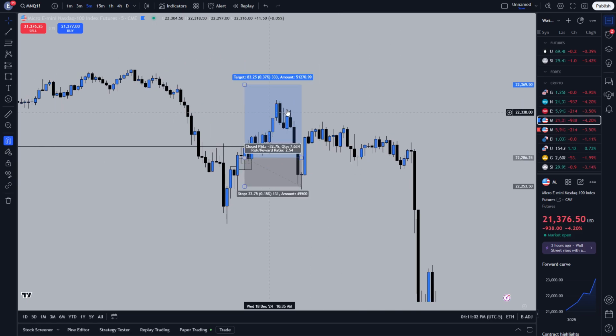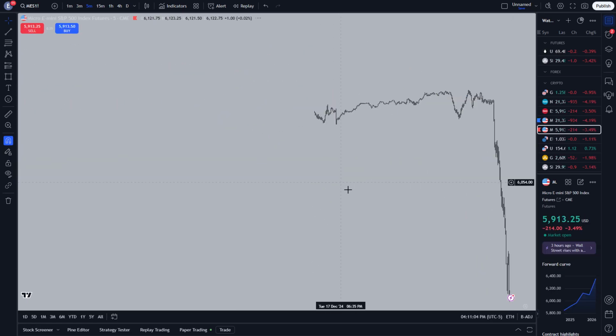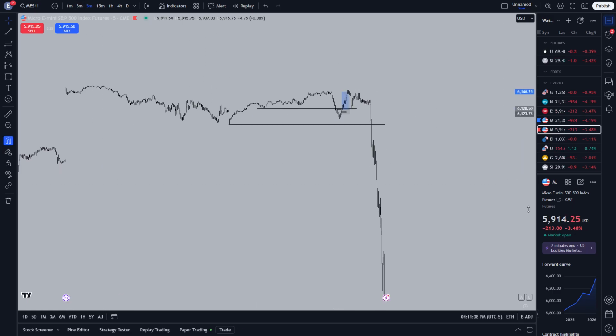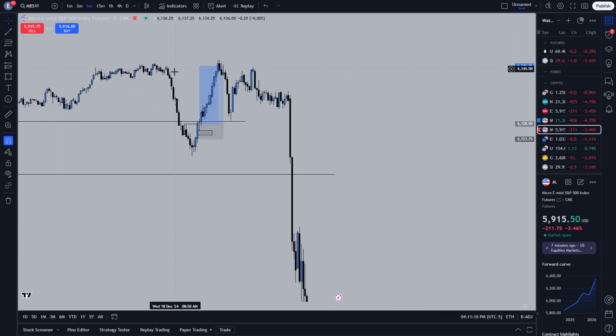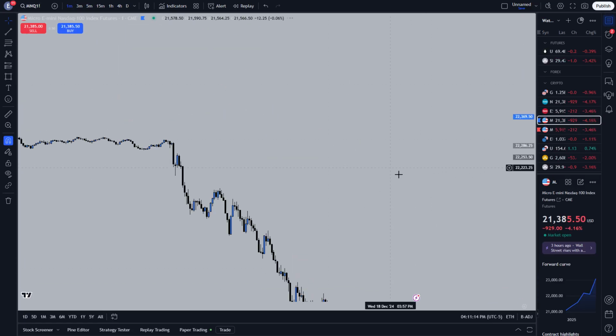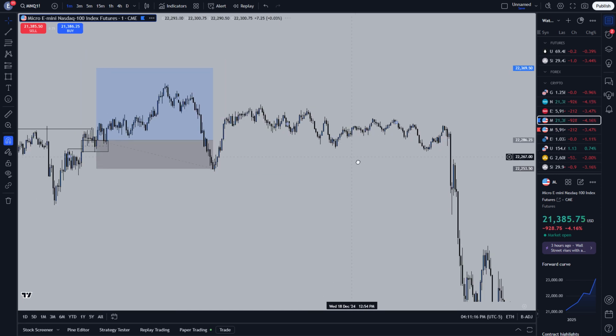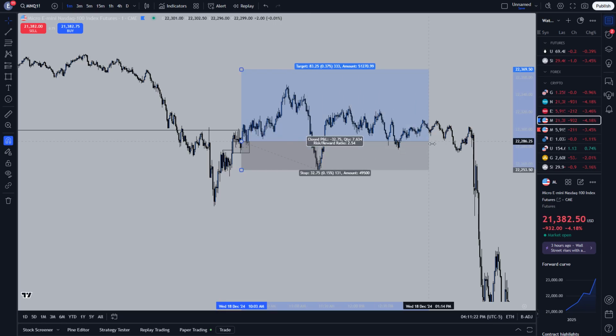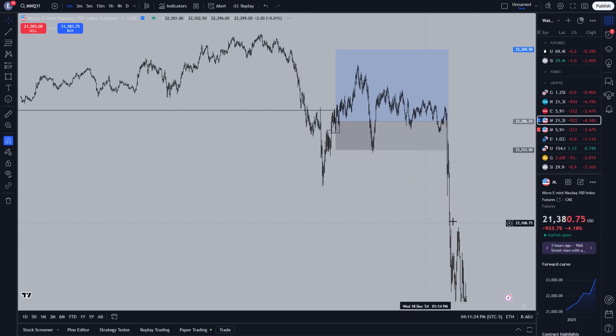But anyway, once ES took out the high before NQ, I moved stops and profit around. I moved it right here, or no, a little higher. But anyway, as you can see, that was the right move because we ended up shitting the bed later on